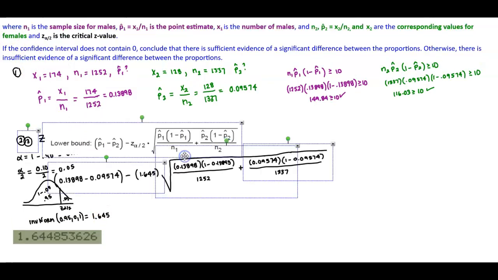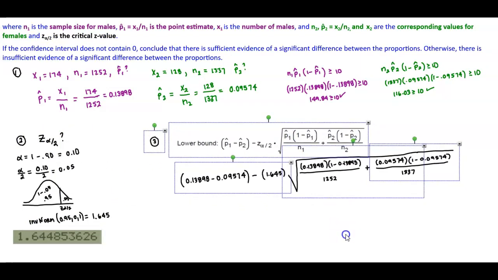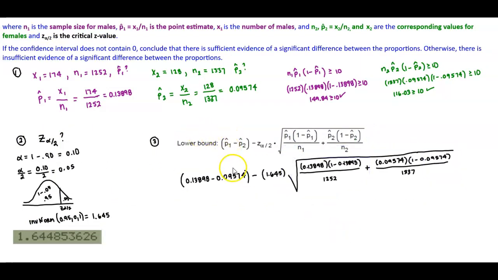Okay, now for step number 3, we want to find the lower bound by filling in the information. We're going to take the point estimate for population 1, which is 0.13898, and subtract the point estimate for females, which is 0.09574. Then we take our critical value, minus 1.645, and it's going to equal the square root of